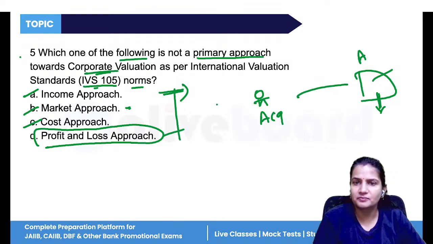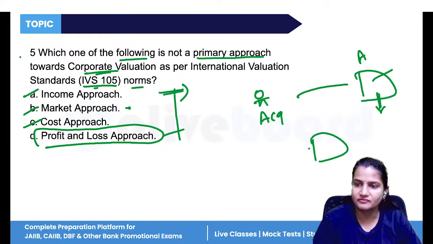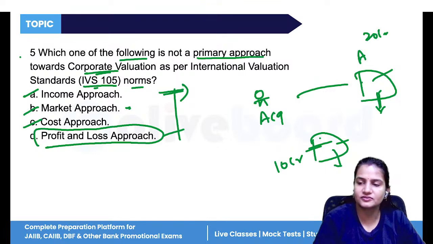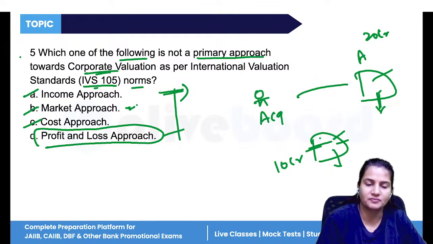Now, the market approach is the value that is prevailing in the market. If you have a similar type of company, I will do the valuation of this company. If the valuation of this company comes to 10 crore and you are asking 20 crore, this is not the appropriate valuation. If the working method, everything is the same, first I will compare your company with a competitor company, and then I will do the valuation. That is the market approach.